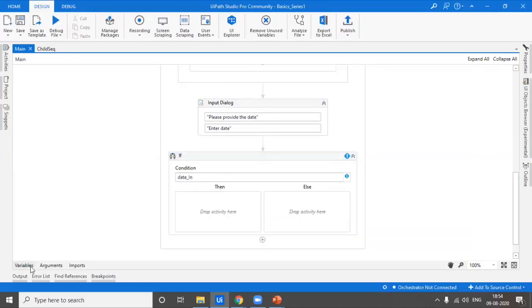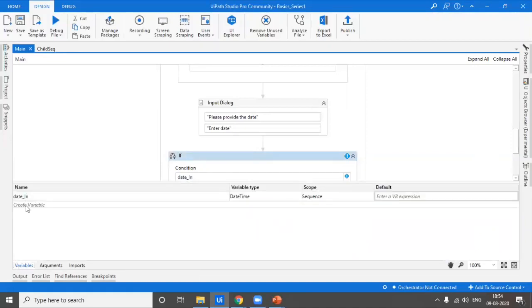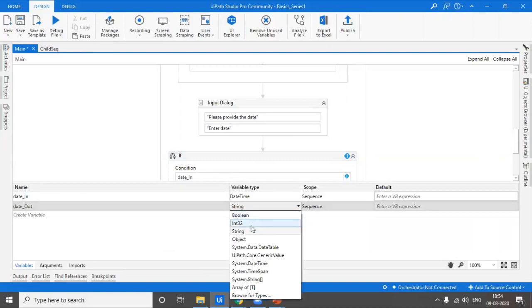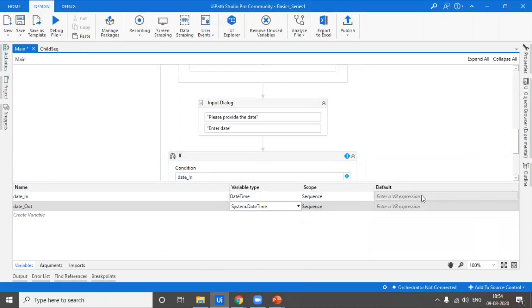So now let's take another variable. I'm just defining it in the variable section, date out. This is of type DateTime, and then I'm defining this.